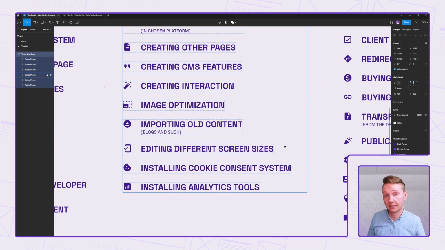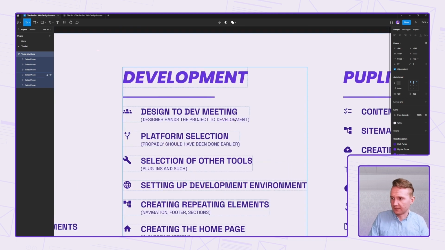Installing a cookie consent system. Yeah, I live in Finland, which is a part of EU, so we have quite robust regulation about these things. And installing analytics tools, so Google Analytics, Metapixel and such. Well, that went fast. That was the development phase. And next up,